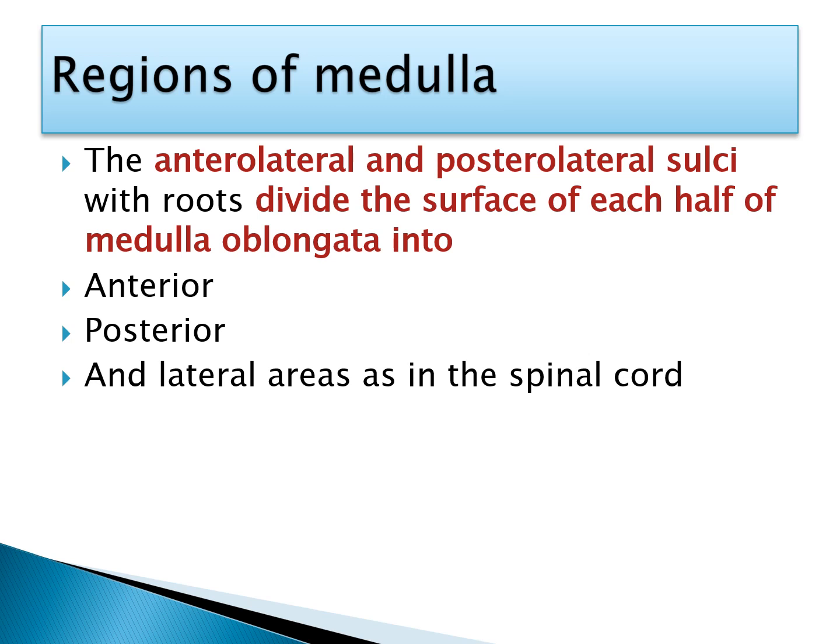Now we will see the regions. So we have learnt the sulci, same like the spinal cord. Here also, because of these many sulci, now this medulla oblongata is divided into regions. So first by two sulci, anterior and posterior median, it will be divided into halves. Now each half will be again divided into anterior, posterior and lateral areas.